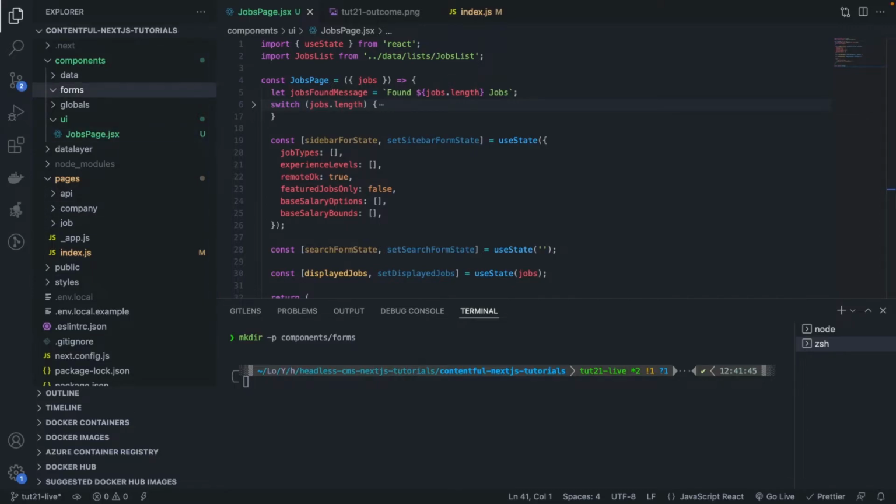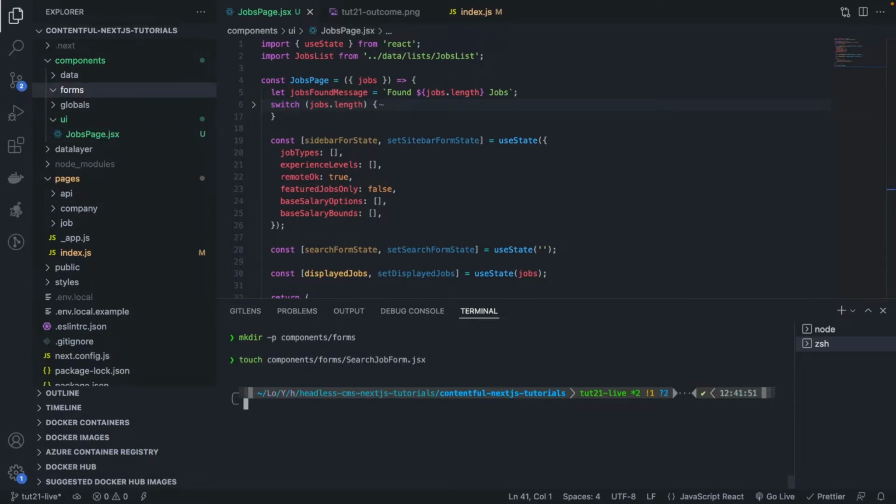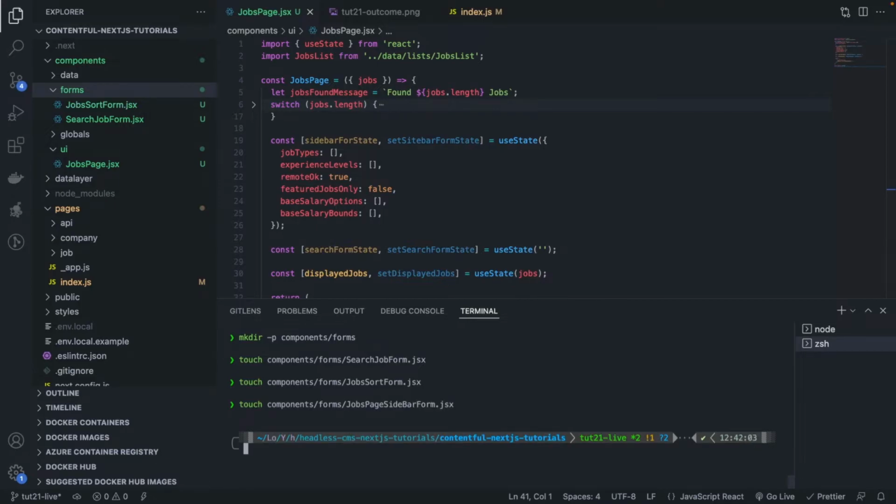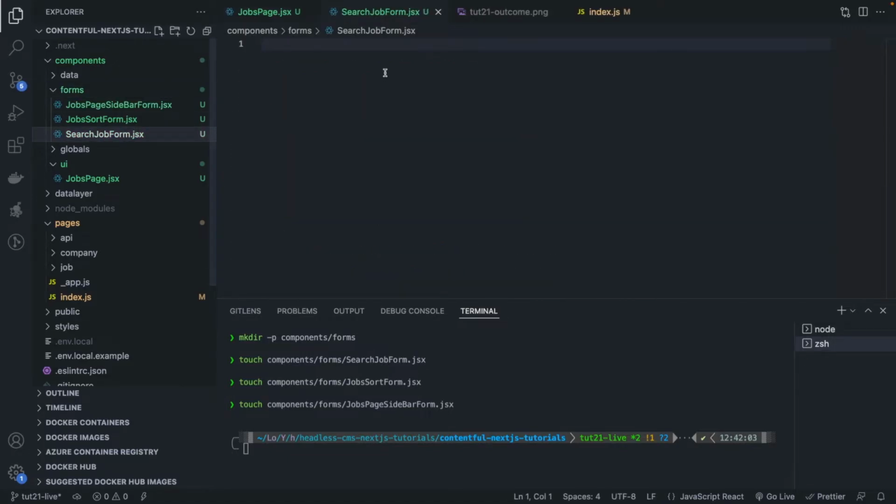Now let's create a search form. Let's create a job sort form as well, and let's create another one for the sidebar. Okay, so if we come here to the search job form,